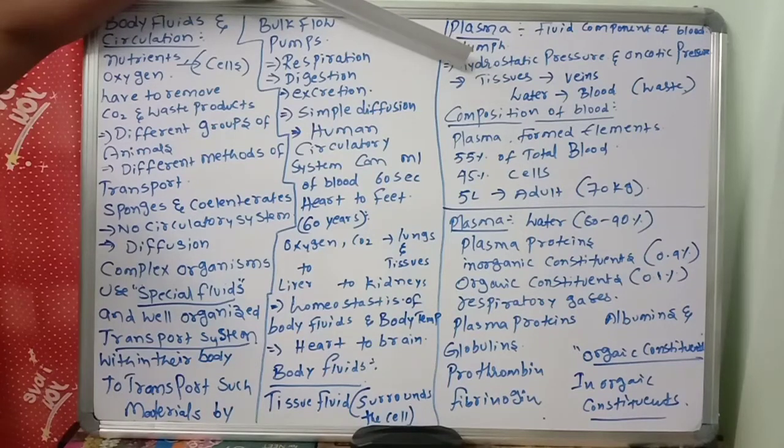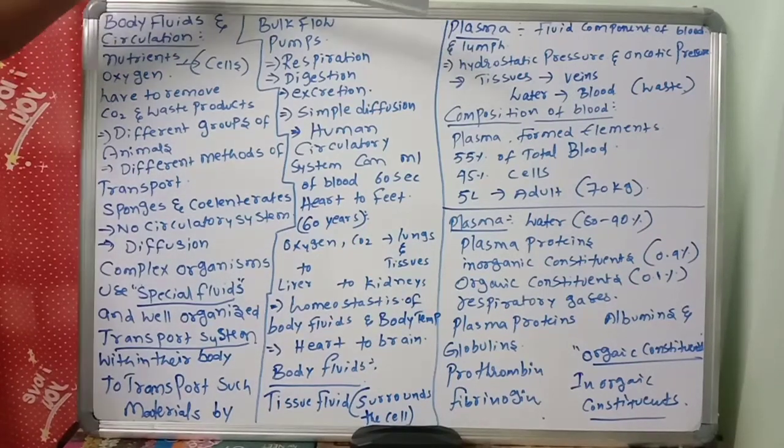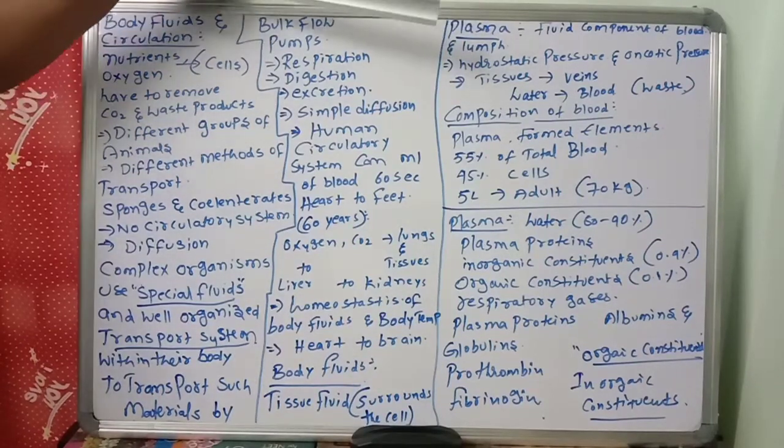The tissue fluid has a lower concentration of protein than that of plasma. At the venous end of the capillary bed, the water potential is greater than the hydrostatic pressure, and the fluid from the tissues flows into the blood. Because of this pressure, the fluid from the tissues goes back into the blood, taking with it waste products produced by the cells. These are all things you should remember.